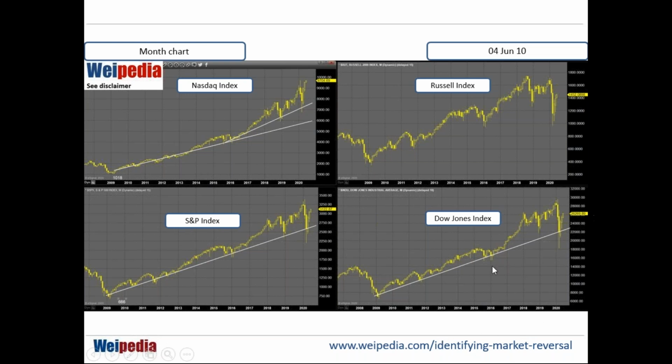Now, for Dow Jones, it tracked along this uptrend. It broke below, but it closed above or at the trend line. Okay, so I take it as all these three big boys are doing well for the time being. But earlier I explained about the potential bear market. Who will fall first? The small cap companies will fall first. Then there's a chain effect.